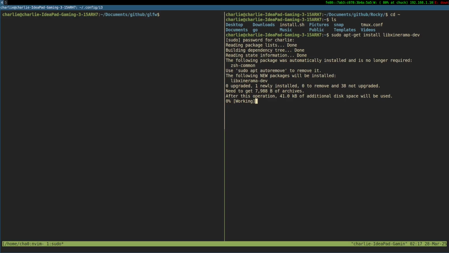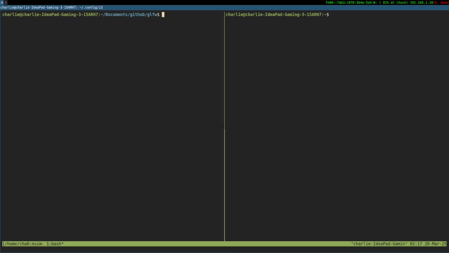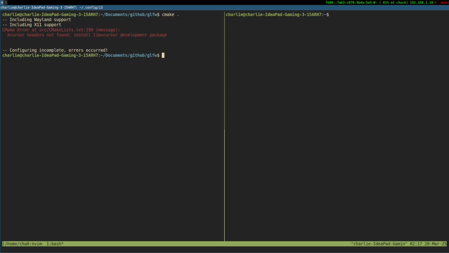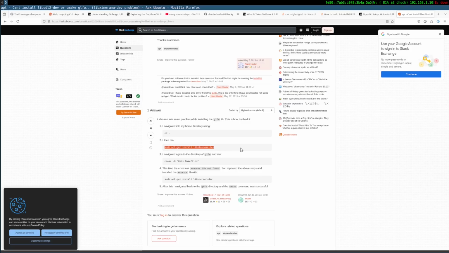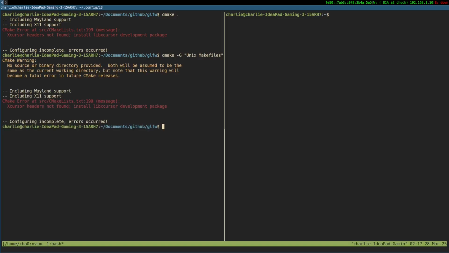Okay, cmake not found. Okay, CMake. This is something I might have to write. No source binary provided. Both will be assumed to be the same as current.